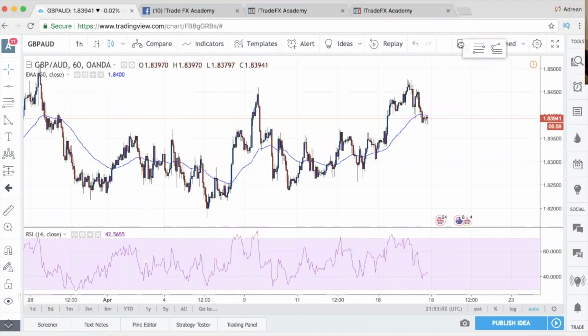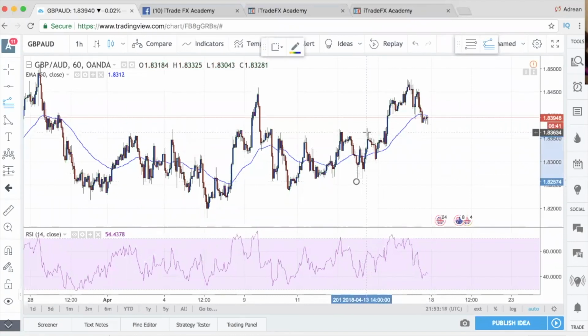You can just have it over here, which I recommend. Now when you click on it, you want it to glow up blue. Then all you got to do is go to the area where you want to first start the Fibonacci expansion, click and hold, and then drag up to the next position, and then drag it